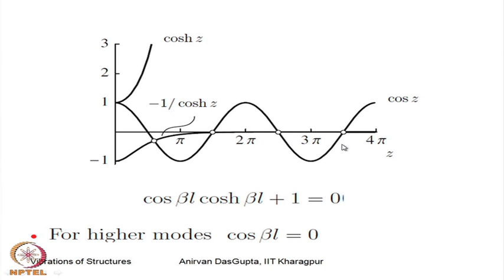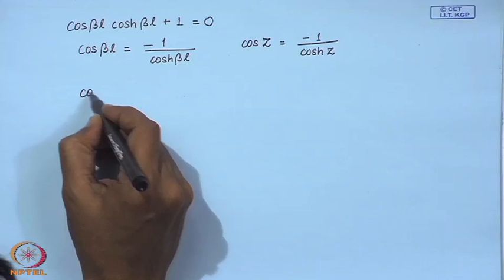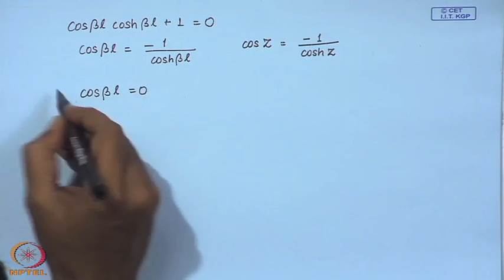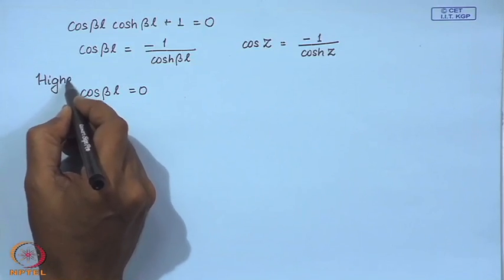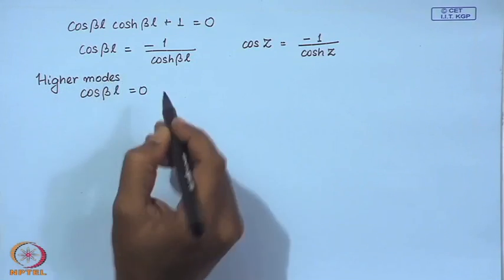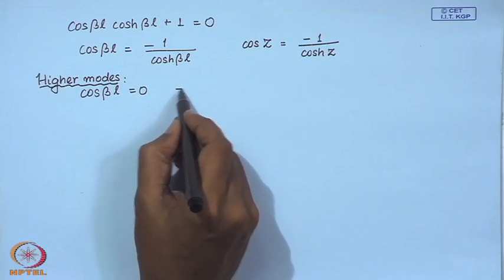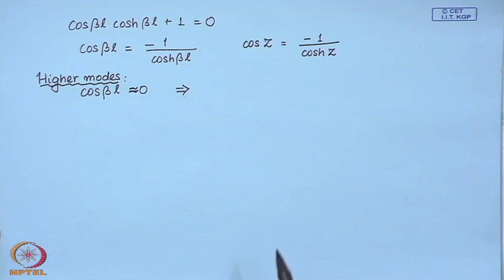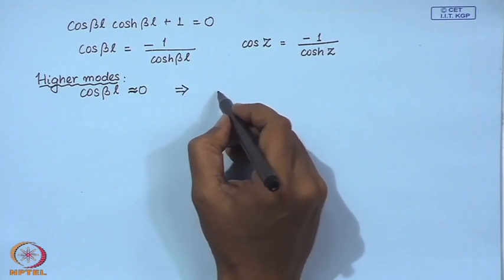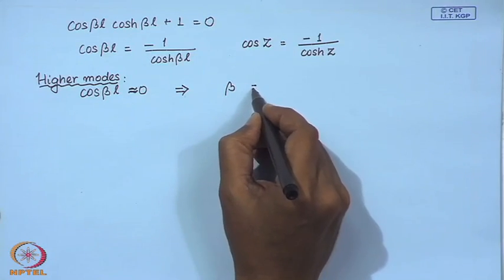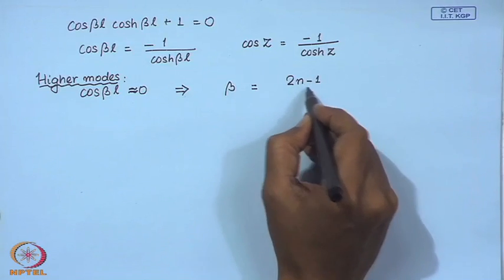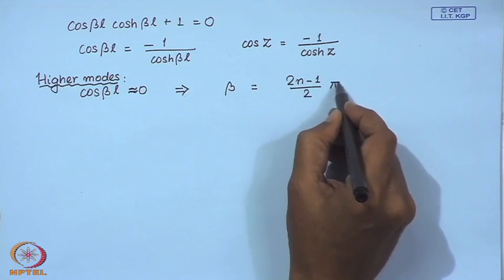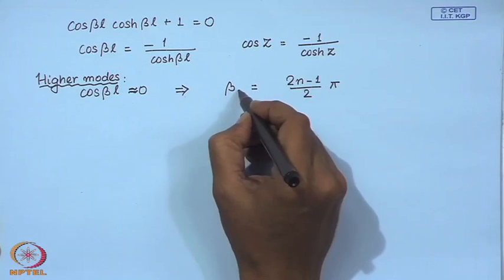So, for higher modes, you can reduce this characteristic equation to this simplified characteristic equation, cosine beta L equal to 0. Therefore, I can write this beta L